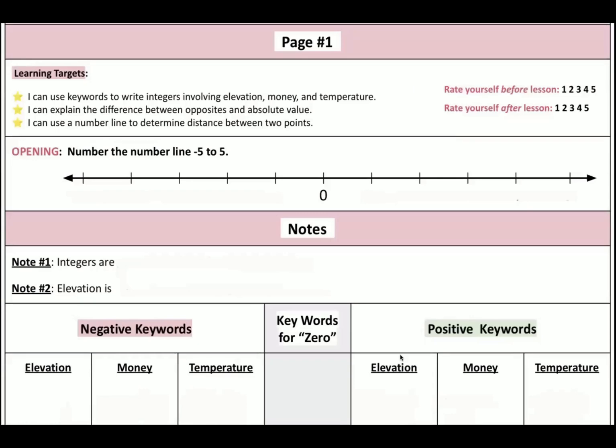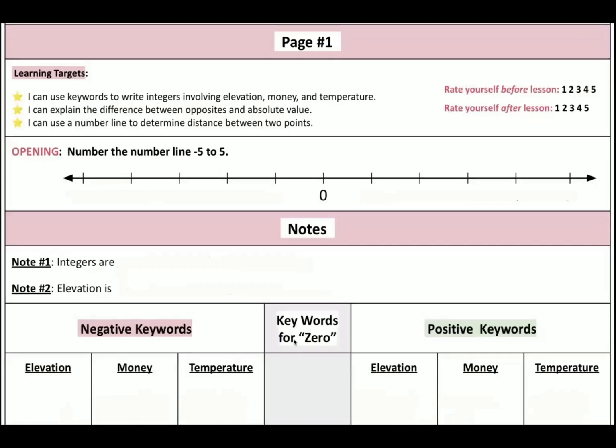Let's get started. Our learning targets today are: I can use keywords to write integers involving elevation, money, and temperature. I can explain the difference between opposites and absolute value. Before we get started, rate yourself on these learning targets. 1 is the least confident, and 5 is the